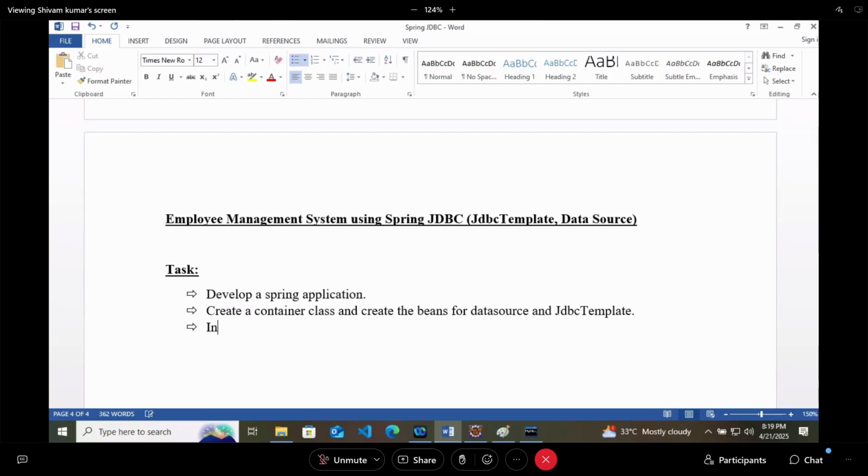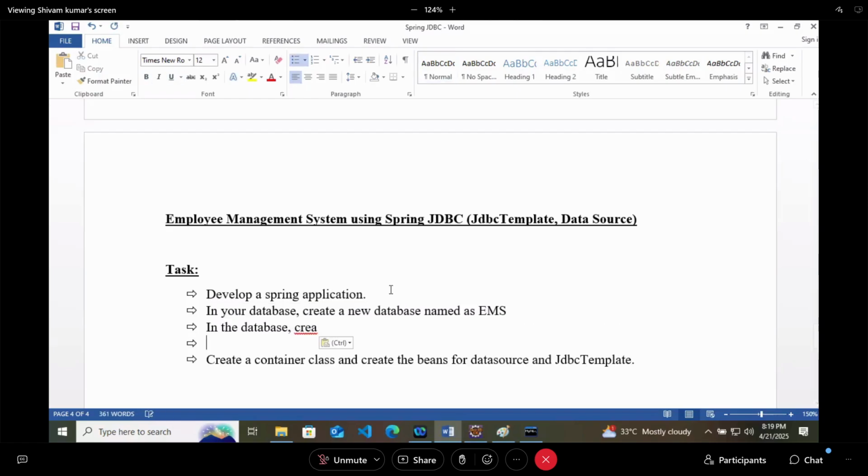Now what we have to do? In your database, create a new database named EMS, Employee Management System. Or else you can do these two things after creating the application.